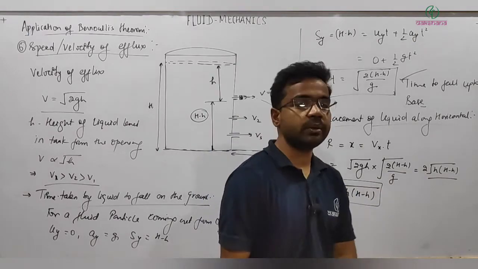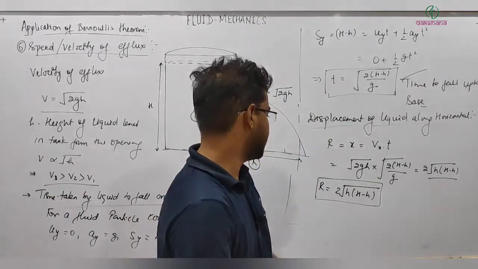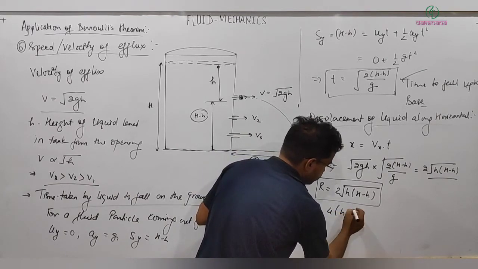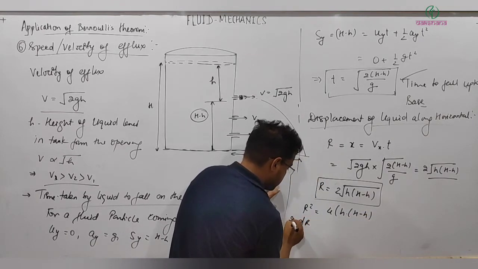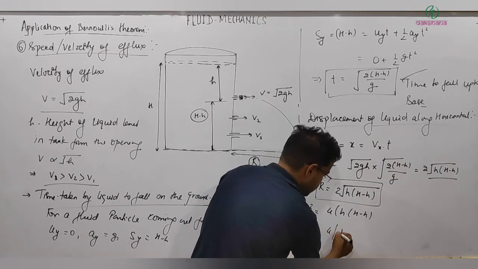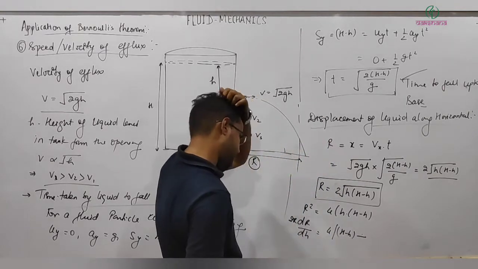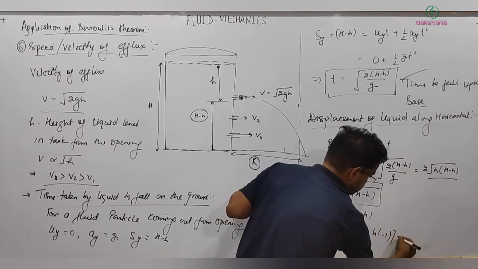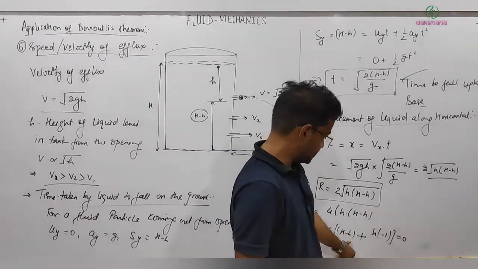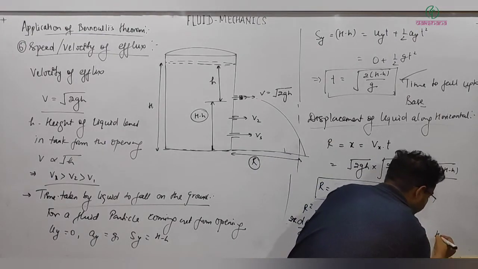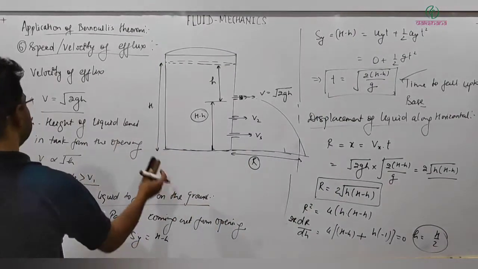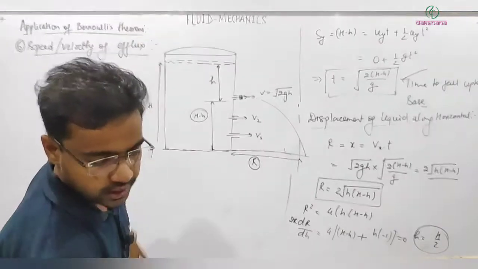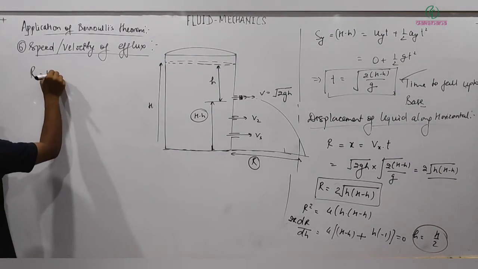Next, can we comment on when it will be maximum? Because sometimes that is also asked, so we can differentiate and get the answer for that too. So R square is equal to 4h into capital H minus small h. Then 2R dR by dh equals 4 times capital H minus small h, differentiating by product rule, plus small h, differentiation of this will be minus 1, equal to 0. This implies H minus h minus h, that implies h equal to capital H by 2. So for this value you will get the maximum displacement, the liquid will strike the base level at maximum distance, so R will be maximum